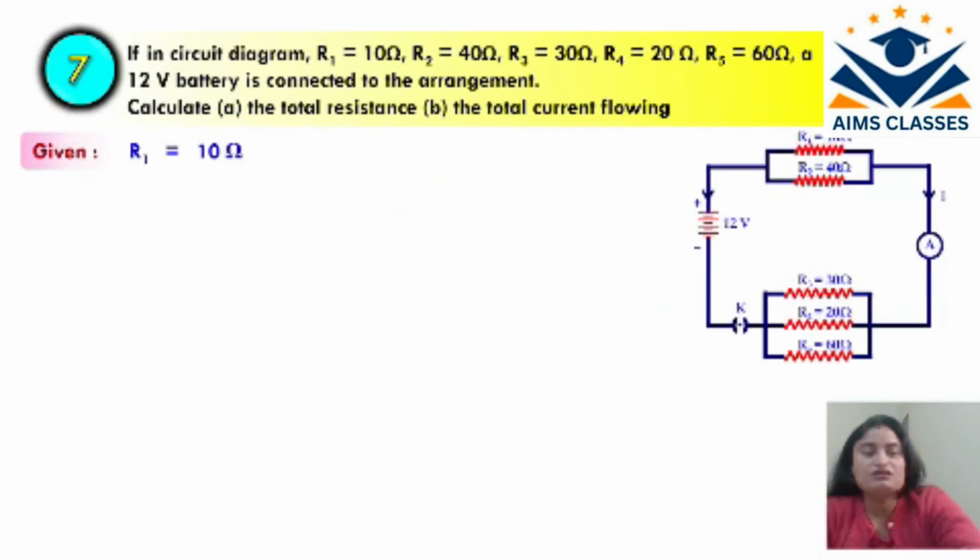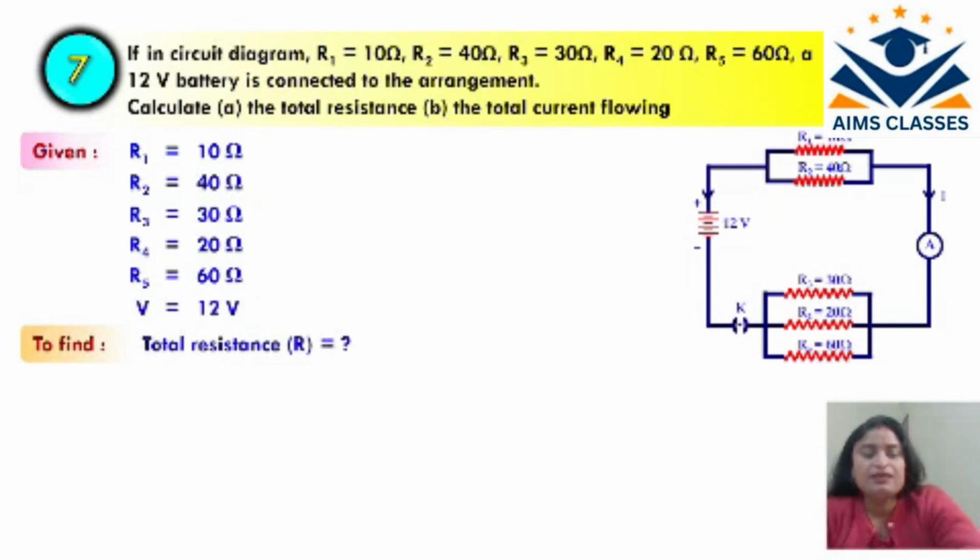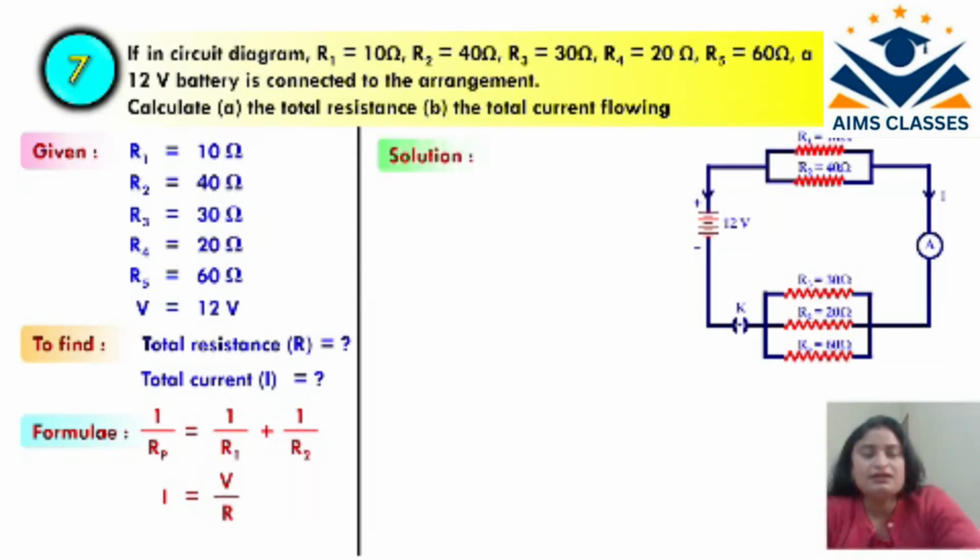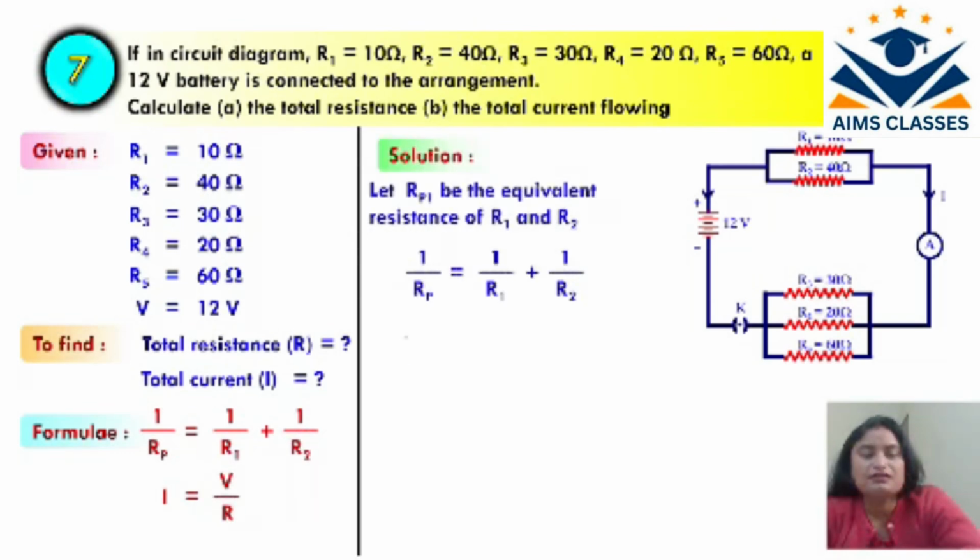So first of all solve R1 and R2. 1 by 10 plus 1 by 40 connected in parallel. So formula 1 by 10 plus 1 by 40 equivalent to 5 by 40, that is Rp1 equal to 8,